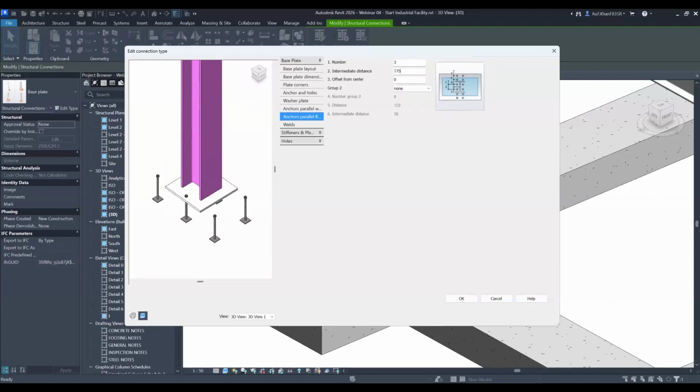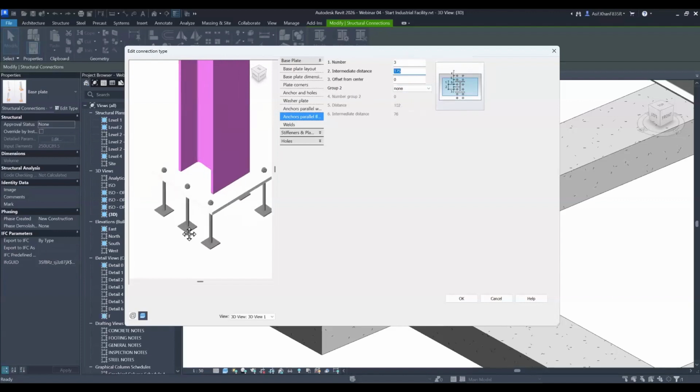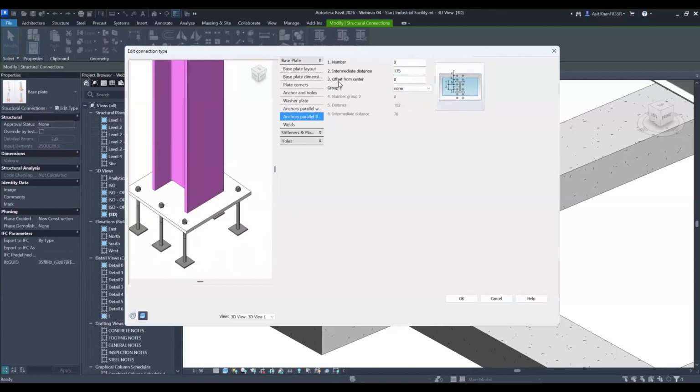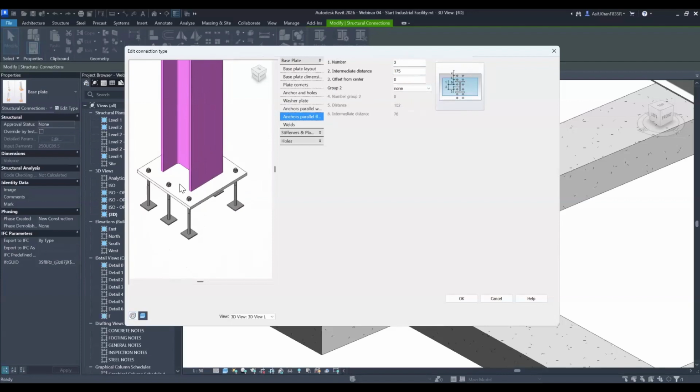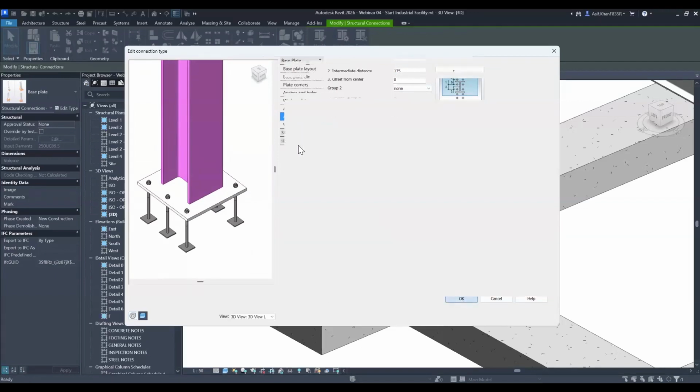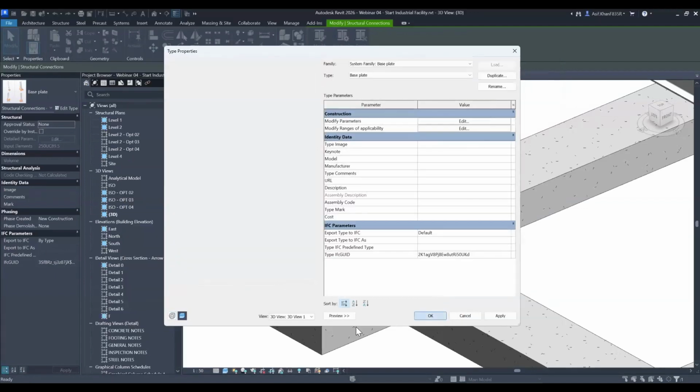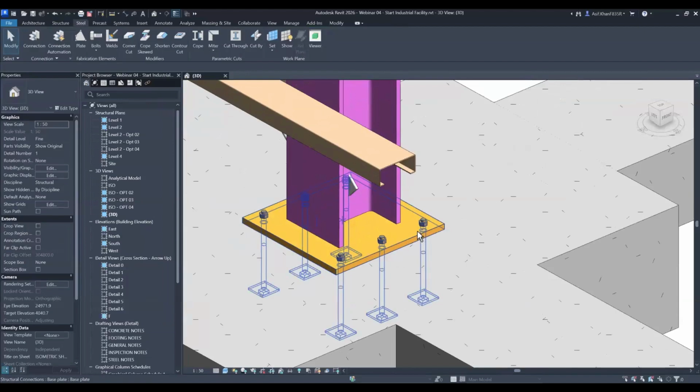So I'll place 175, and there it is. My distances are right. You also have the offset from the center option. You can play around and have a look at how it comes up for your project. Let's say this is my requirement and I have finished my model, and press OK. And there it is. My connection